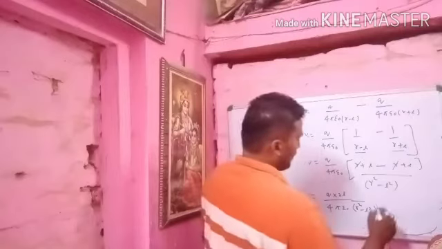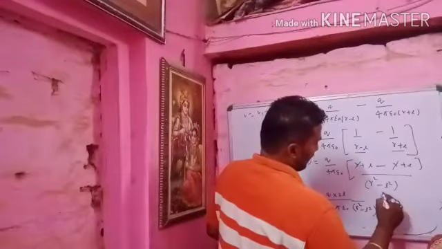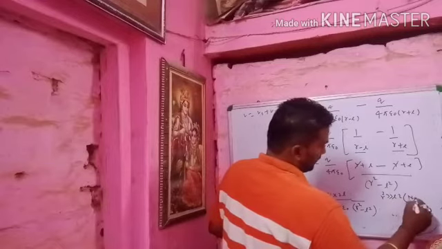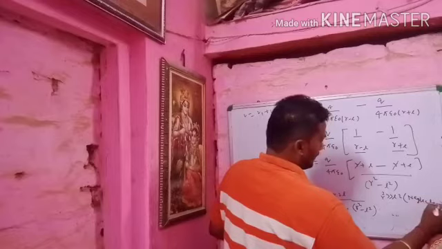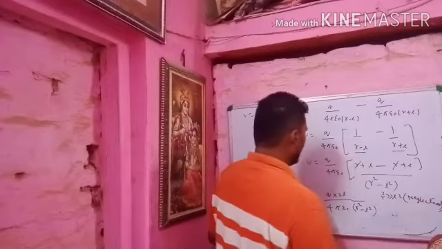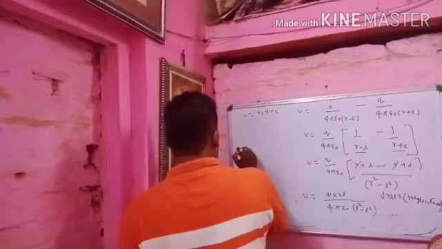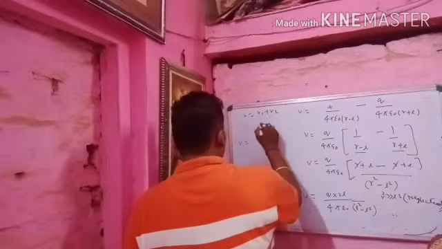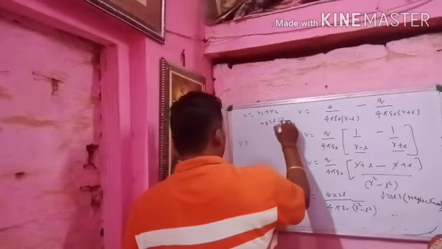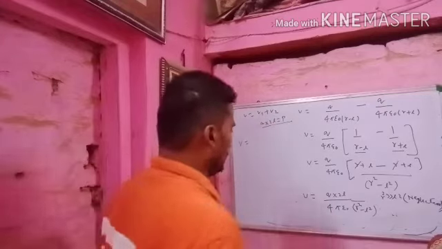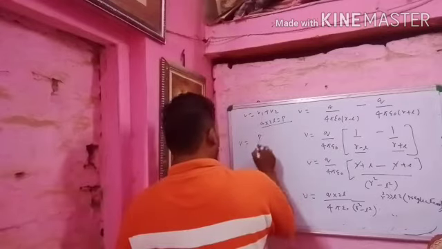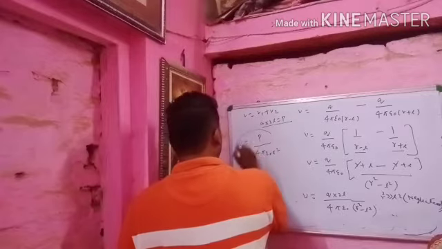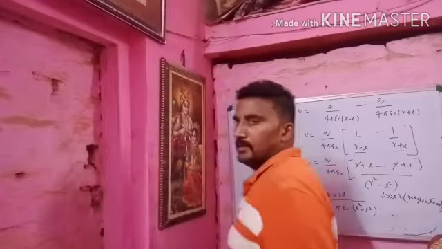The value of R square is much greater than L square. Therefore, L square will be neglected. And the potential developed at the axial point is V equal to q into 2L upon 4 pi epsilon naught R square. We know that q into 2L is the dipole moment P. Therefore, the relation established is V equal to P upon 4 pi epsilon naught R square.